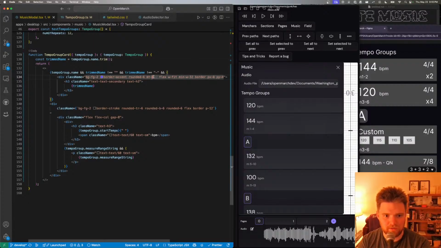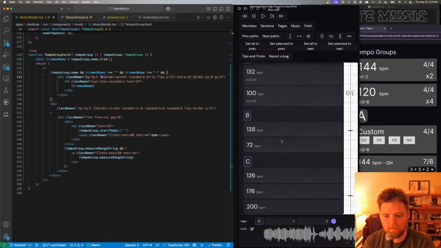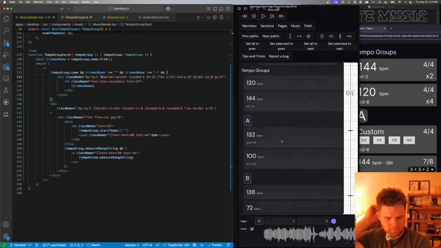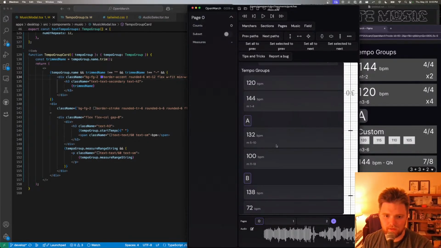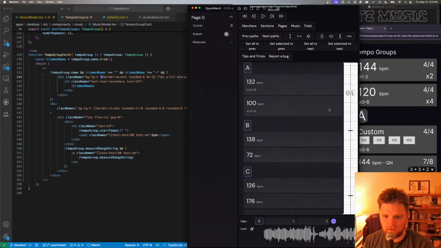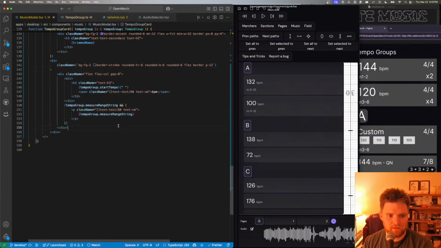Okay, margin top 8, 12. That looks good. All right, now we need to get this thing on the side here. So we can do this. This is going to be class name